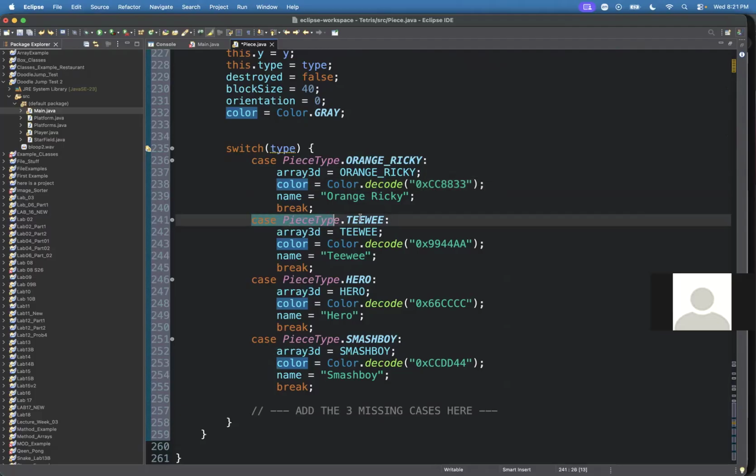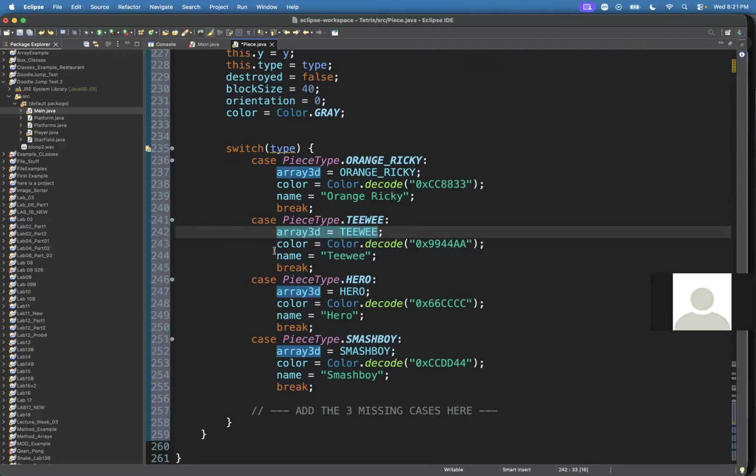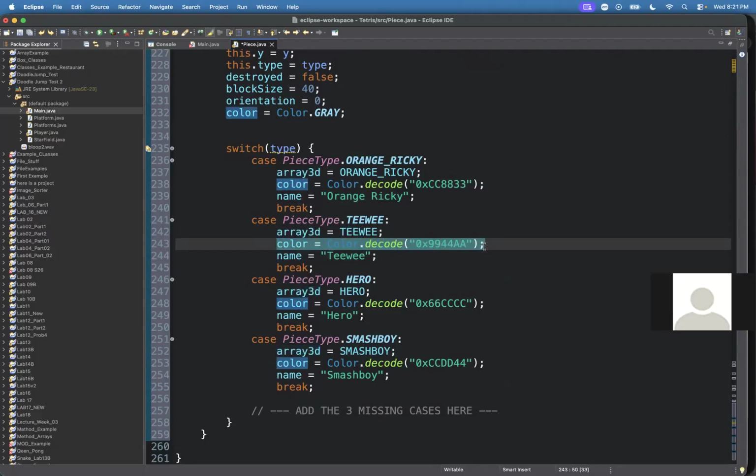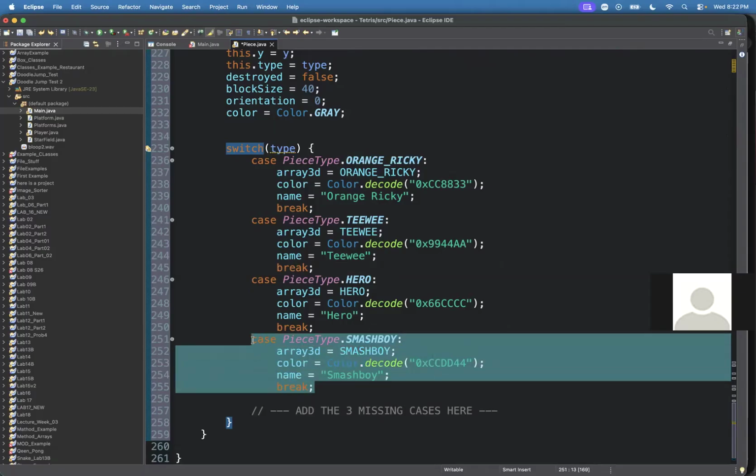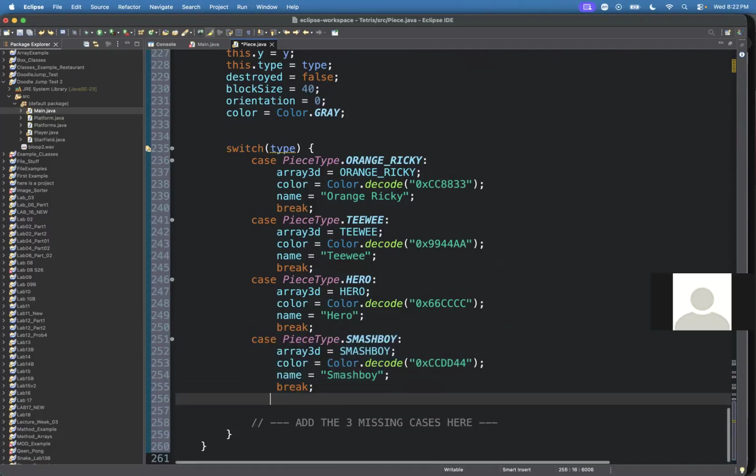So like piece type Tiwi, array 3D should be Tiwi. The color is whatever color you want it to be. The name is Tiwi, and then break. And you do this for all the pieces, right? So Orange Ricky, Tiwi, Hero, Smash Boy, we have other cases. So you can just paste this